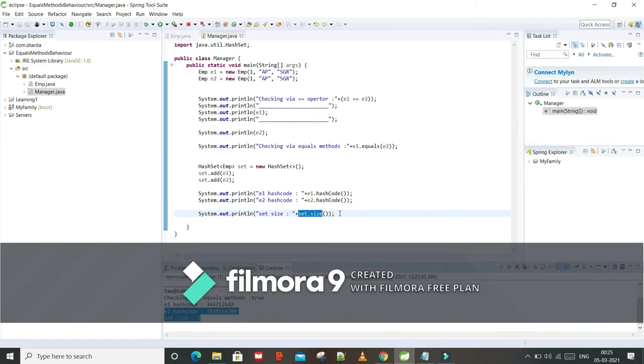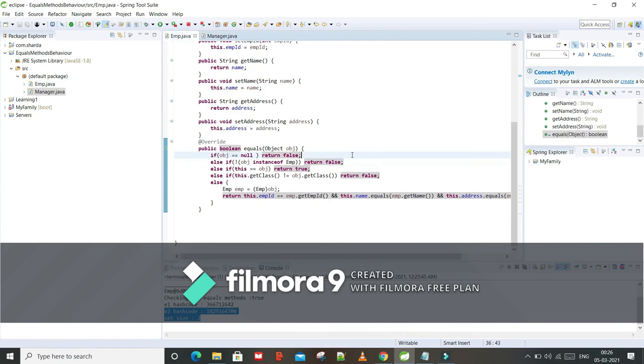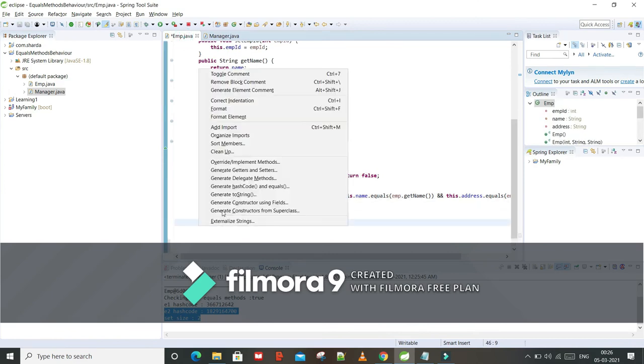So now we will try to override the Employee hashCode method.